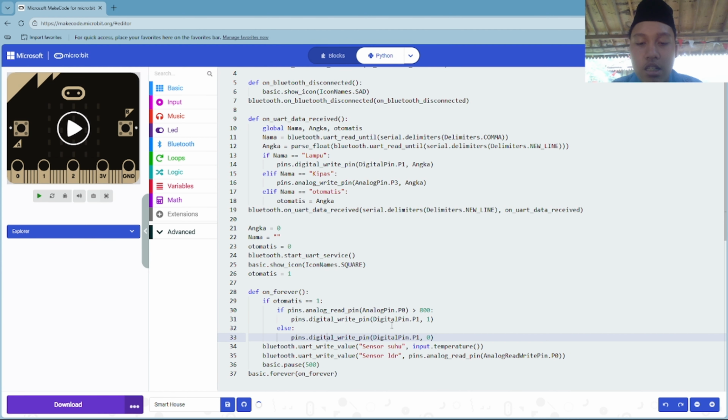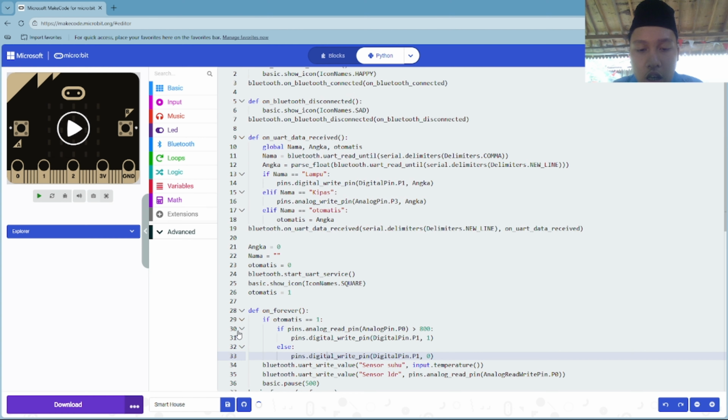But if you guys were in a light place, the LDR was sending data less than 800. And then in here I made Bluetooth write value sensor suhu, for only the sensor suhu, because there's a sensor suhu in there and then there's a sensor LDR, only that.